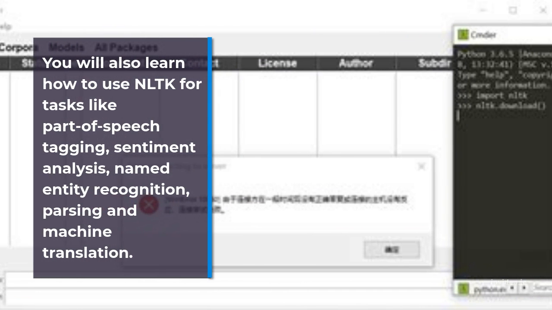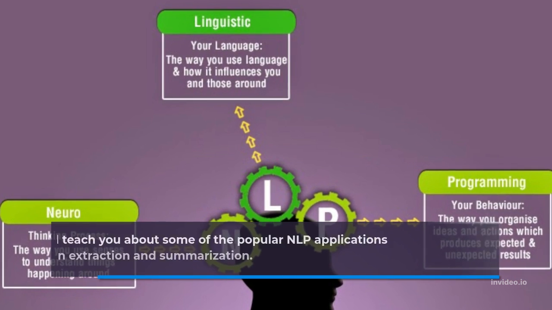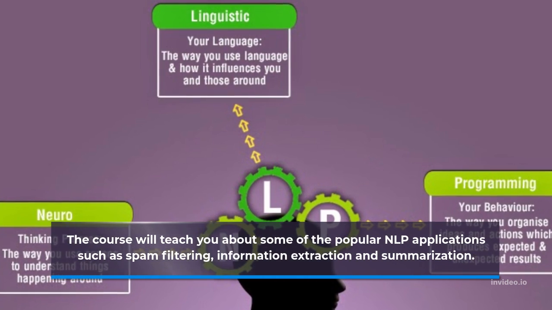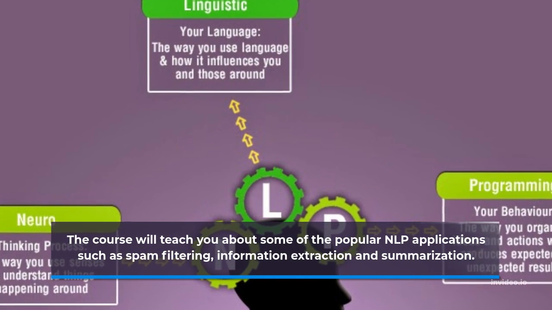You will also learn how to use NLTK for tasks like part-of-speech tagging, sentiment analysis, named entity recognition, parsing and machine translation. The course will teach you about some of the popular